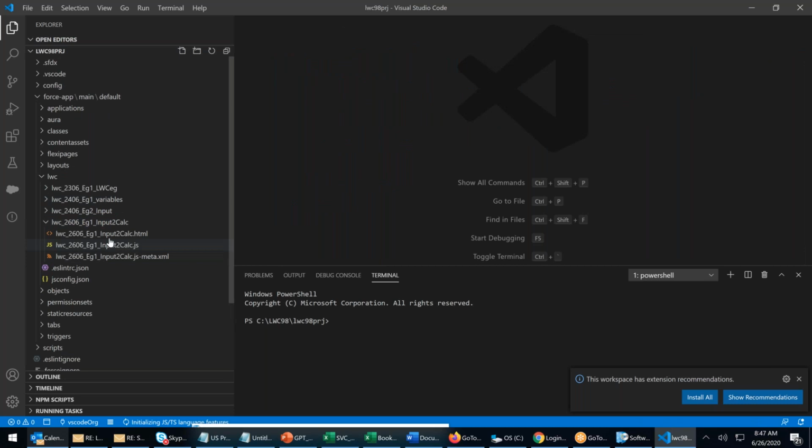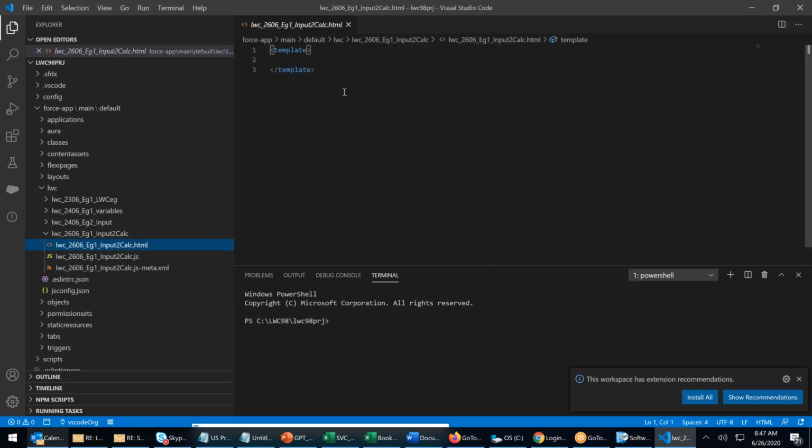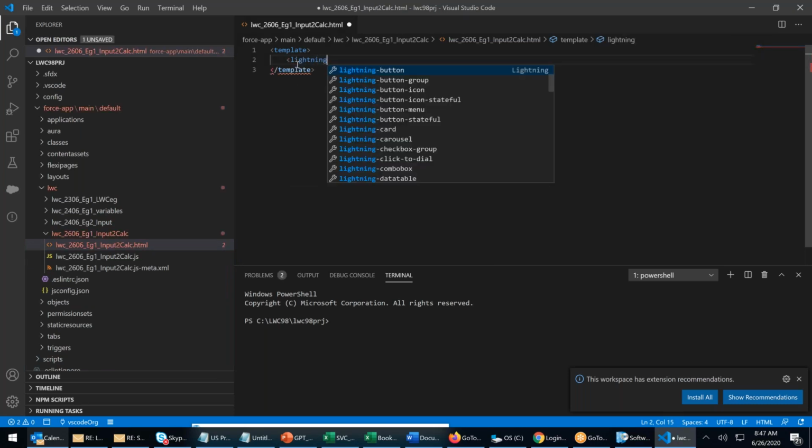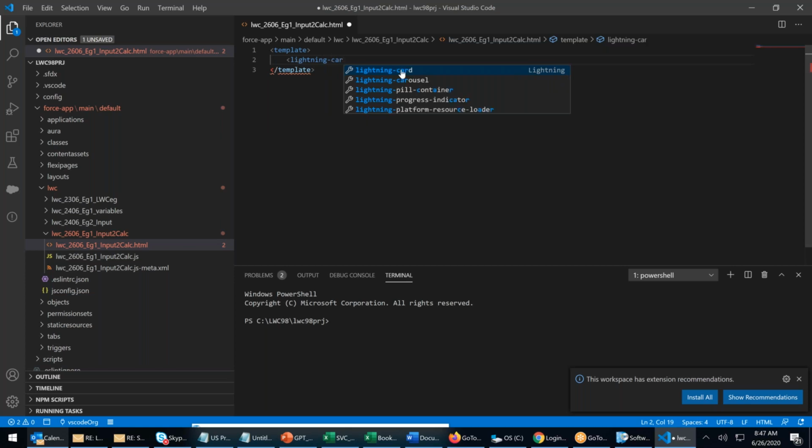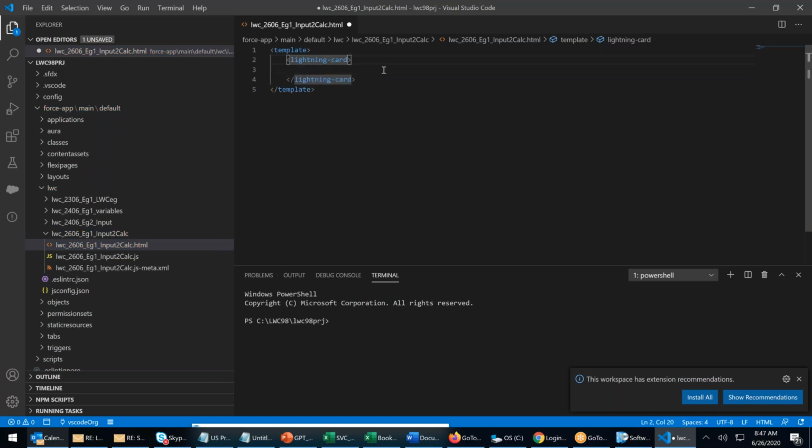In the 26 HTML, let me go ahead and put some fields. I will say lightning card and select that. The title of the card is calculator. Inside this, I will have inputs.